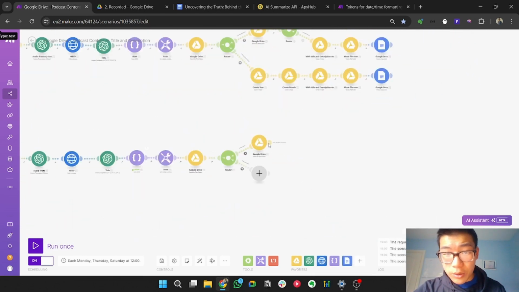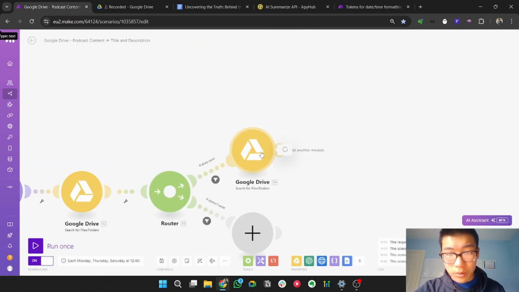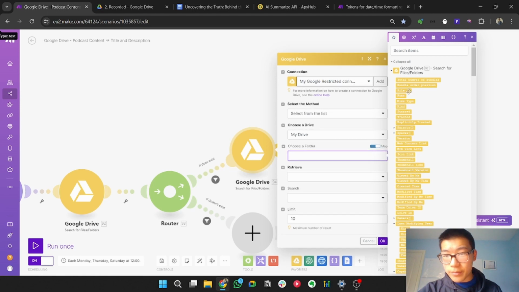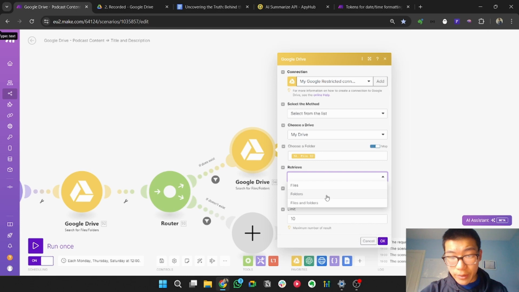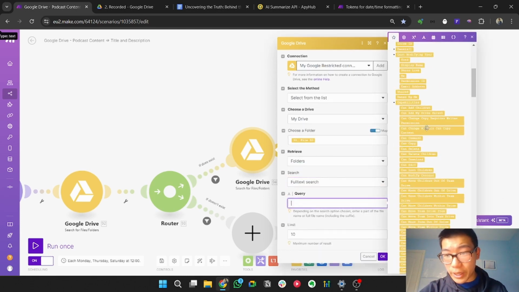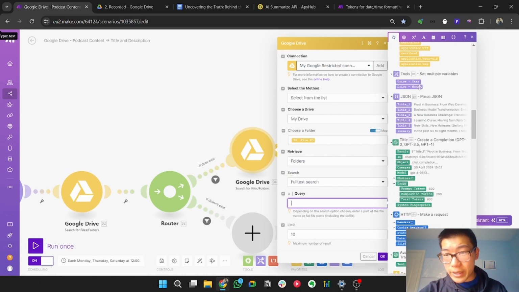File ID. Oh, sorry. Yes. Whoa. You map it to this file ID. Right. My bad. So you're checking this folder and you want to retrieve a folder inside and you want to search for a full search text and you want to put it as the month.